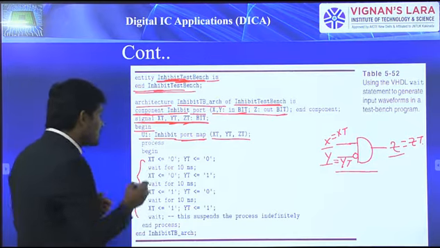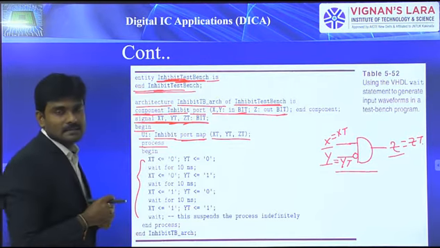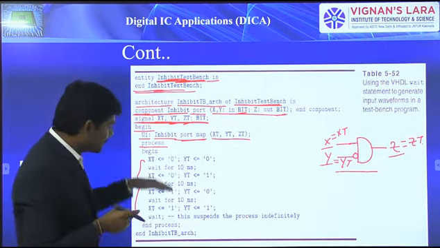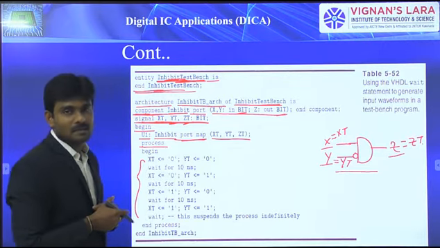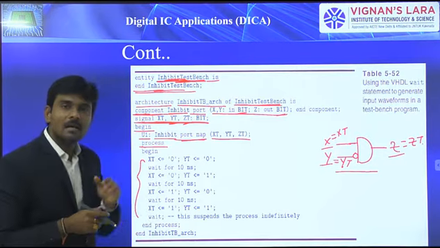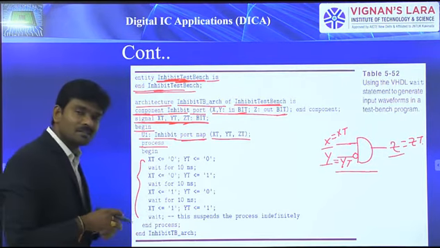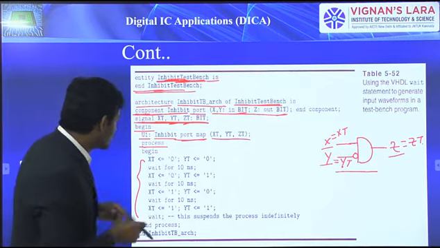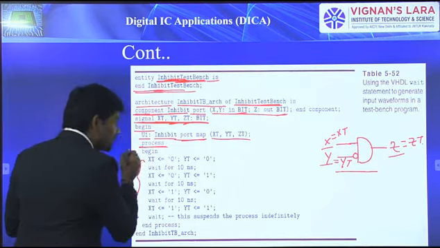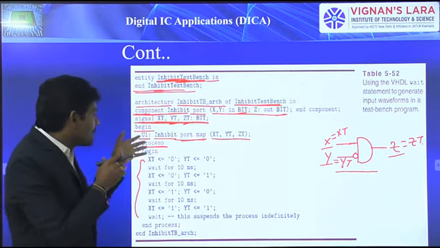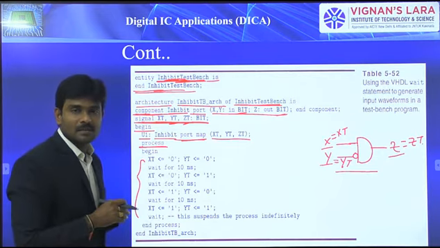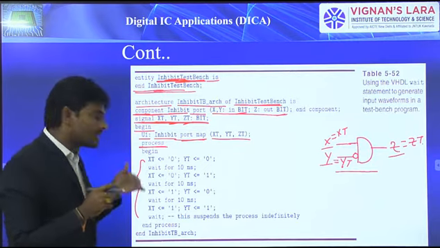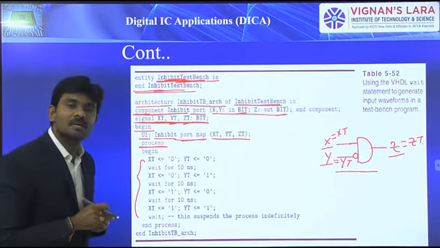Then after that, we are supposed to start the process. A process is a concurrent statement which consists of multiple sequential statements. Because of that, all those sequences of inputs we can describe within those sequential statements. So here we mentioned the process. It doesn't have any sensitivity list. So obviously it is going to execute only once, and it starts executing at 0 simulation time itself.